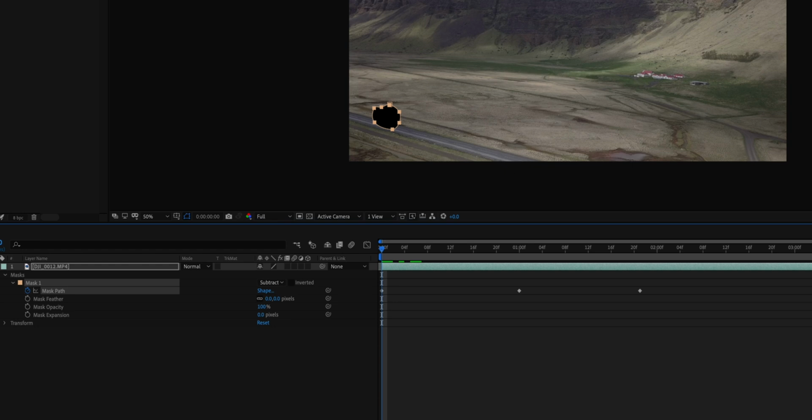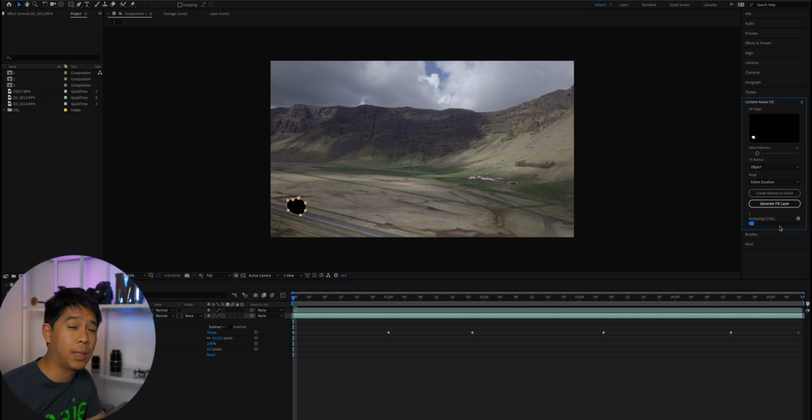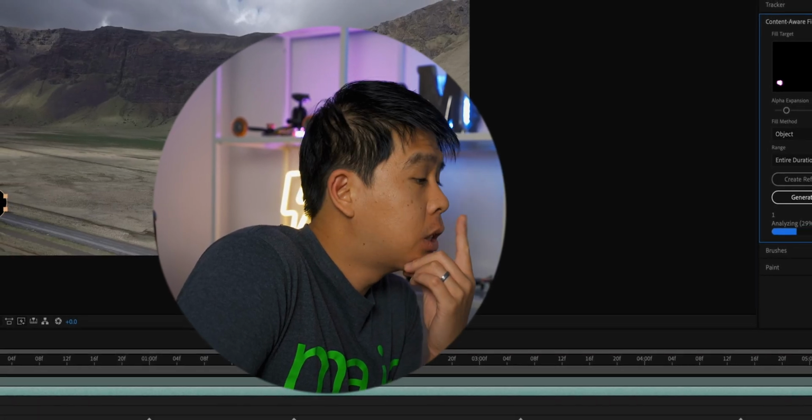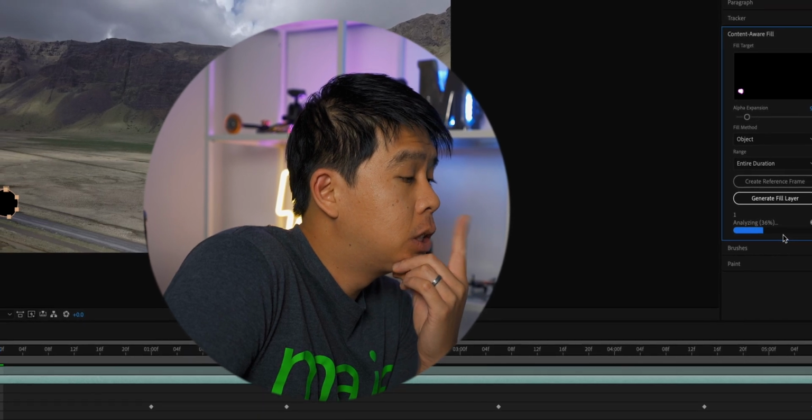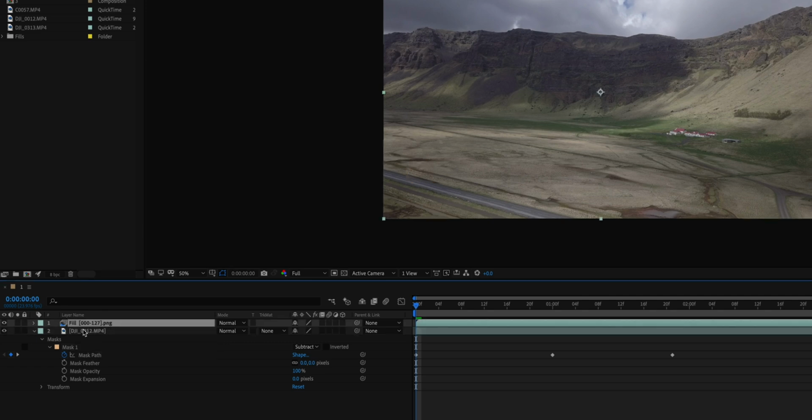Let's bring this back to the front and generate fill layer. And depending on the size of the object that you want to remove, it may take After Effects a bit of time to remove this object. So once this is analyzed, you can see here that After Effects created another layer called Fill, and this is pretty much just all the PNG images, all the images that After Effects automatically created to fill that